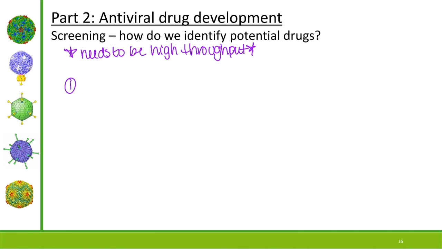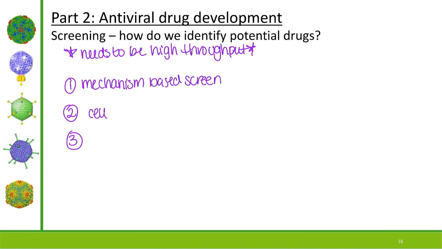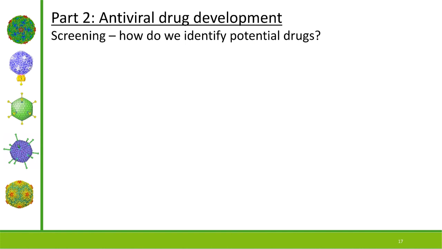So there are a lot of different ways, and we're going to talk about 3 screens. We're going to talk about a mechanism-based screen, and then we're going to talk about a cell-based screen. And then last but not least, we're going to talk about an antiviral screen. So all of these methods are used, and we're going to go through these one at a time, and I'm going to draw some pictures and then kind of walk you through how these mechanisms work. So the first one that we're going to start with is